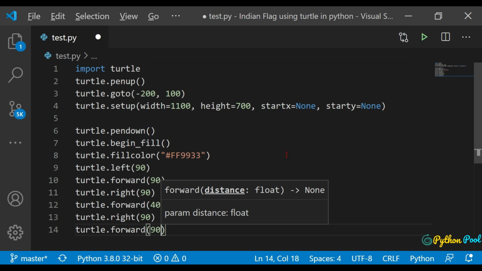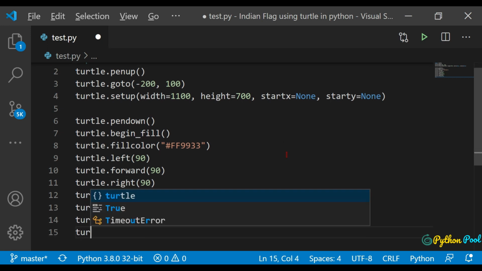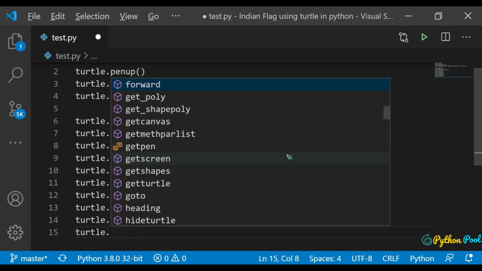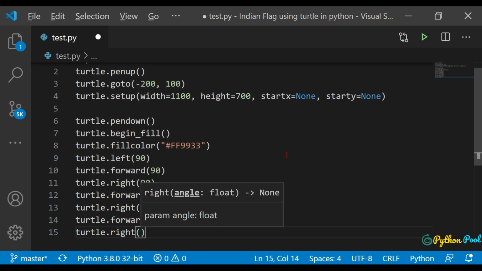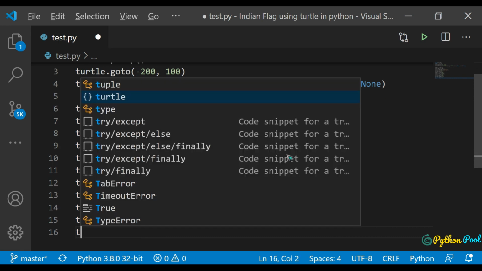And after that, once we reach up, we need to turn again by 90 degrees, so it will complete the block, and we need to go forward 400 units once again. So after reaching up, we need to turn right by 90 degrees. And after that, we need to go forward.